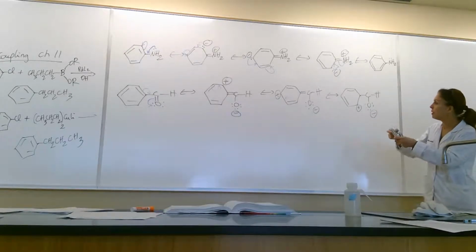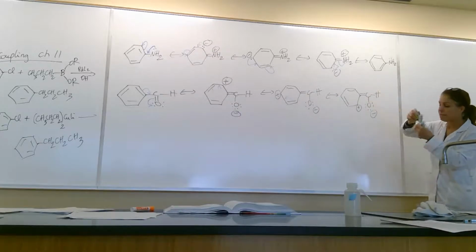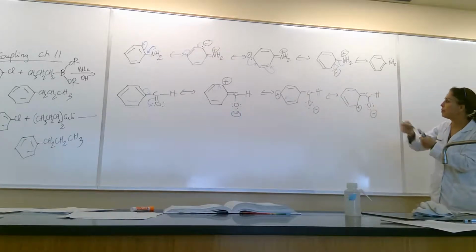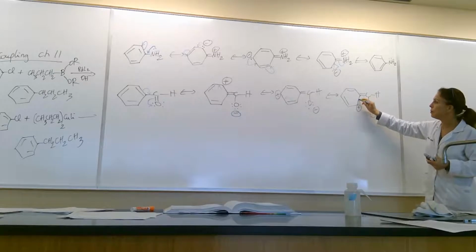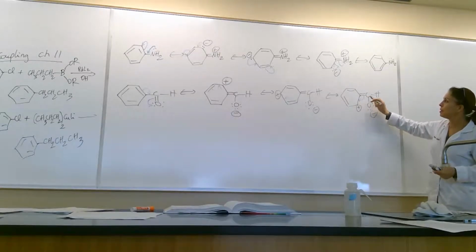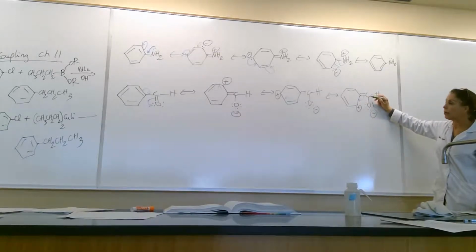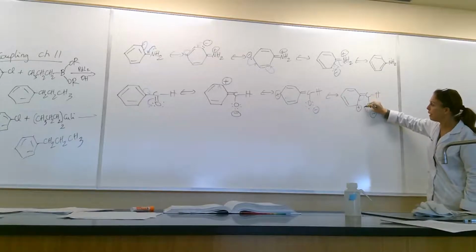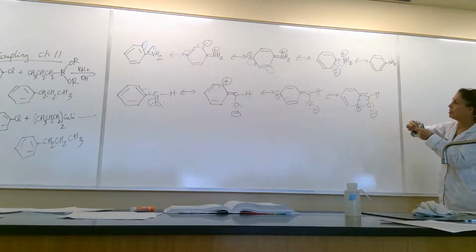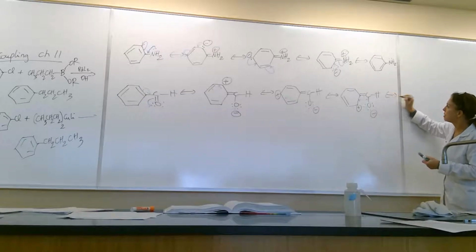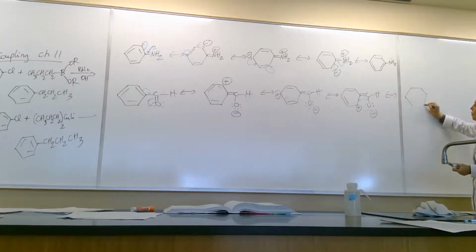I'm missing a double bond here, sorry. So then the next step is this moves here, but if this moves here, this carbon no longer has an octet, so you have to move this back. And then you end up with the last resonance form, which is